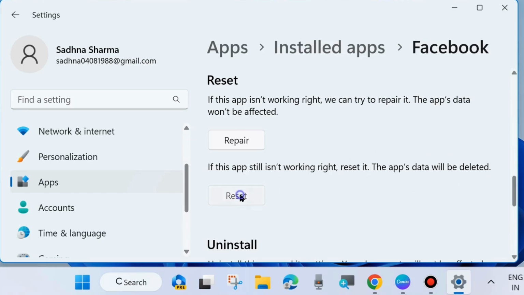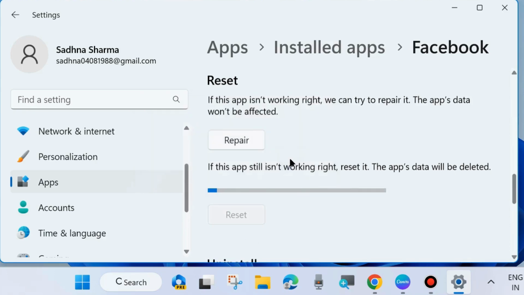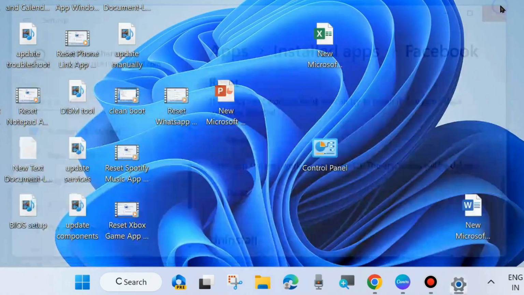So click on reset. A confirmation window will appear. This will permanently delete the app's data on this device, including your preferences and sign-in details. Click on reset. It will take few seconds. Wait for some time. After that, a small icon of tick will